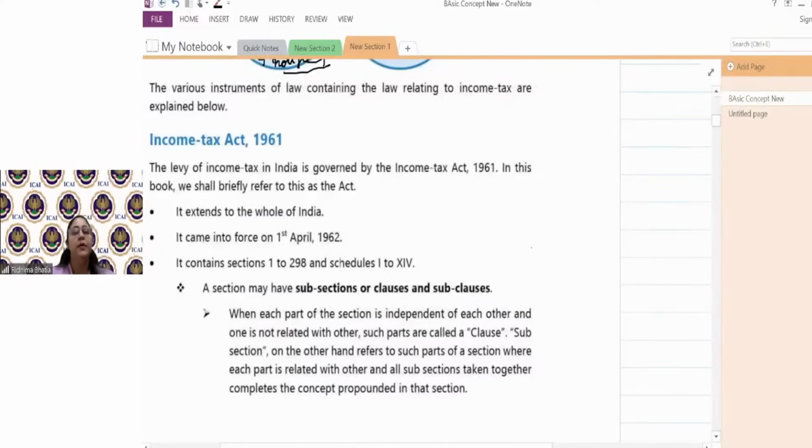Now, first of all, income tax को समझने के लिए first thing is Income Tax Act 1961. Try, whenever you write income tax, try to write it as Income Tax Act 1961. Do not write Income Tax Act. Try to write the year also. 1961. Remember. Okay. Now, अब act को पढ़ते कैसे, guys? Act को पढ़ने के लिए, how do we refer to it? I'm opening one of the act for you. Just one second.